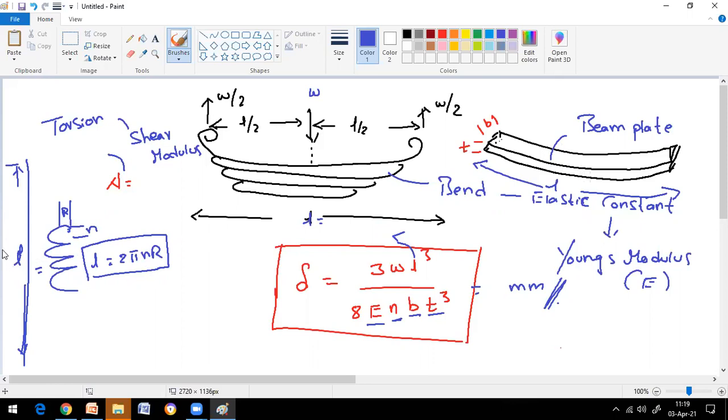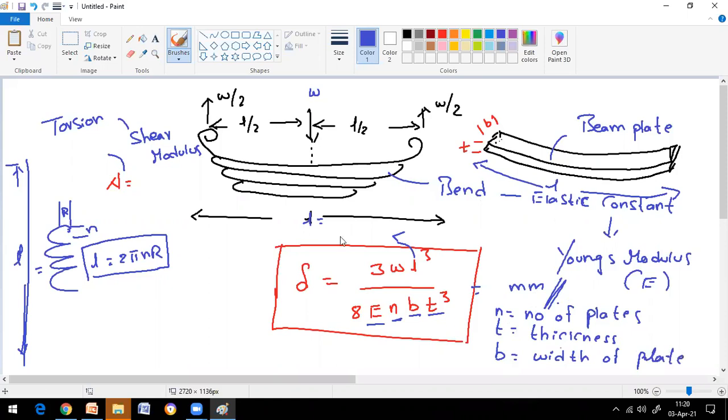So please note down clearly. Here N is equal to number of plates, T is equal to thickness of plate. Why? Because the thickness of the plates is the same. However many plates there are, the thickness of all the plates is the same. Okay, and B is equal to the width of plate, which is the same for all plates.